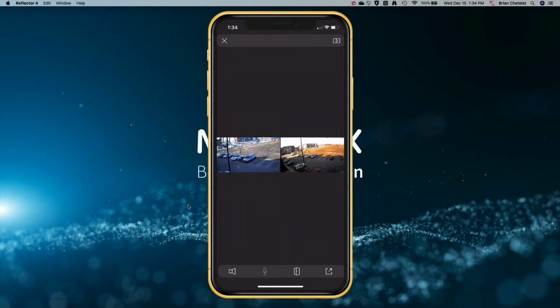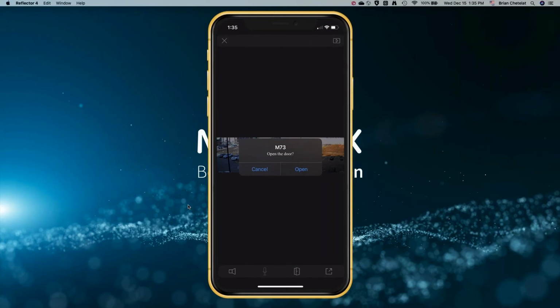If this were a camera that had the correct modules hooked up to unlock a door, even though I created a soft button there that says unlock door, there's one kind of built in, and maybe I should have picked another one to create up top there since this one's already there. But nonetheless, if I were to tap that icon, it asks, do you want me to open the door, or essentially unlock the door, because I'm not going to open it.